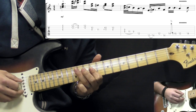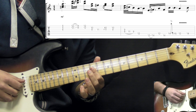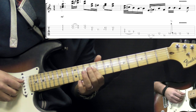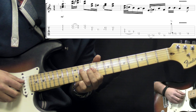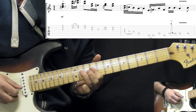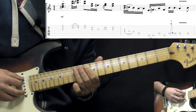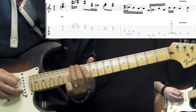Then we have another double stop. Now this time it's going to be on the D and the G strings, 9th fret, and we play hammer on, pull off on the D string to 11th fret, 9, 11, 9, like that. Then going to the A string, 12th fret, and then after that we have